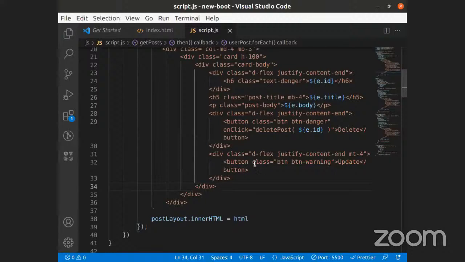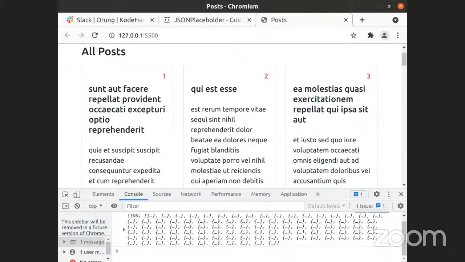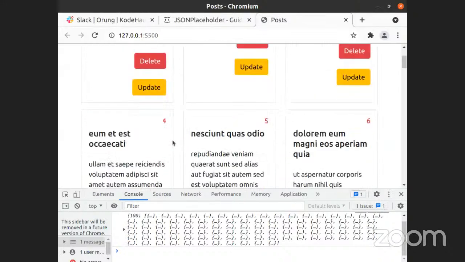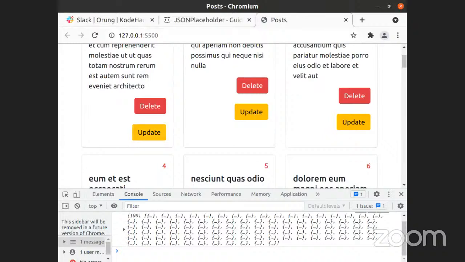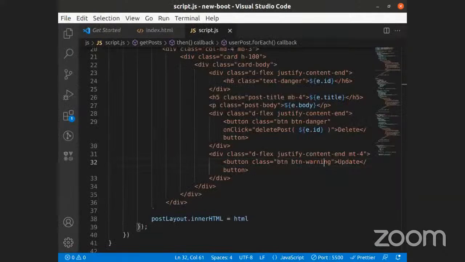So I will do, okay, so let's see what we have now. So we have this. Okay. I'm still thinking this out. Okay, so let's look at what update does now. So let's come back to our,